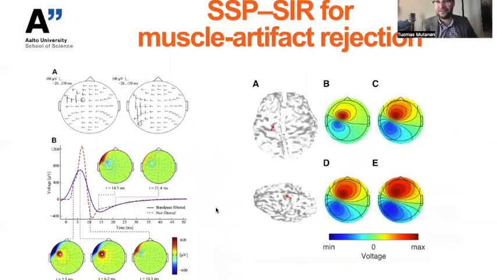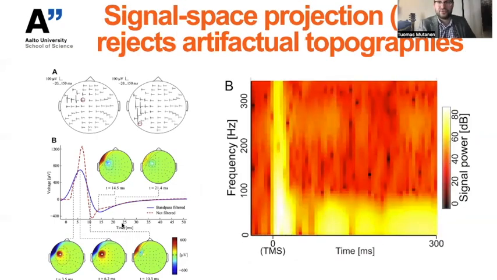But we also know that if we use our forward modeling techniques and try to model the cortical signals that we would expect from, for instance, the primary motor cortex, even with different types of conductivities and what have you, we can see that these topographies would be rather smeared and spread out, very different from what we observe when we have a big muscle artifact. So the question is then, how could we remove those muscle artifact responses?